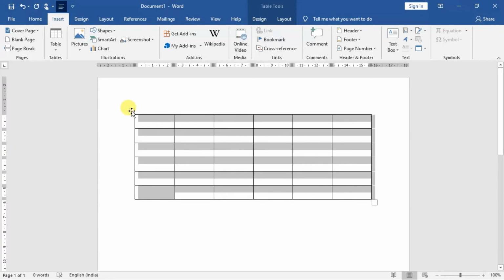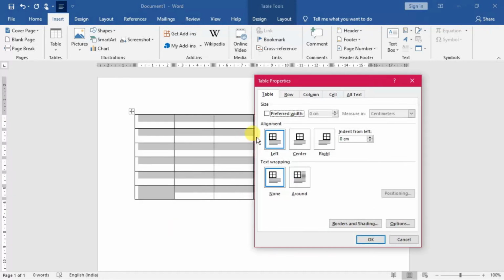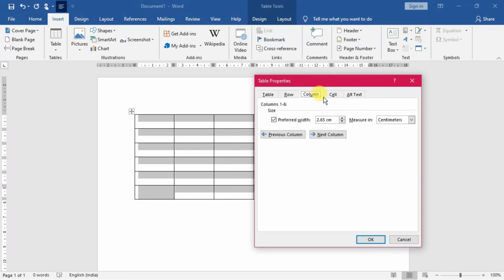Fine. Now I will change the formatting of this particular table. How to do these things? You check out. I have to go to the table properties. In the table properties, I've got a lot of things out here. The placement of the table can be done left, right, center, wherever you like, and I'm keeping it in the center. I want to increase the row height once from 0.5 to say 1.2 centimeter, and column width also I want to decrease a bit. So I'm keeping it to 2 centimeter.